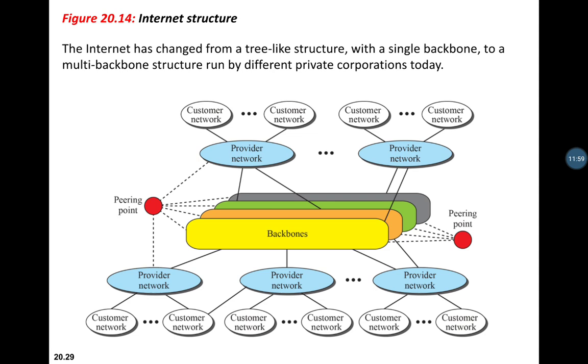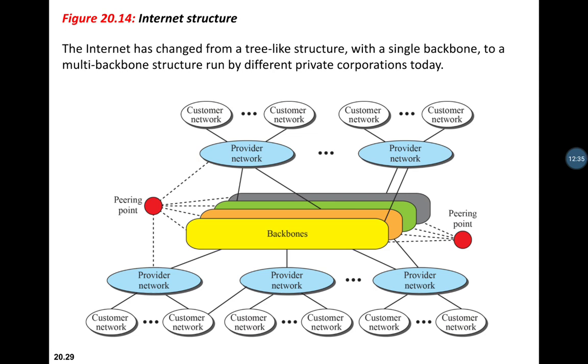which provides global connectivity, where we can see a backbone at the center, which are connected by peering points, which allows the connection between the backbones. At a lower level, we can see some provider networks which use the backbone for global connectivity as well as to provide internet services to the customers. Finally, there are some customer networks which use the services provided by these provider networks. All these things were discussed in module 1.